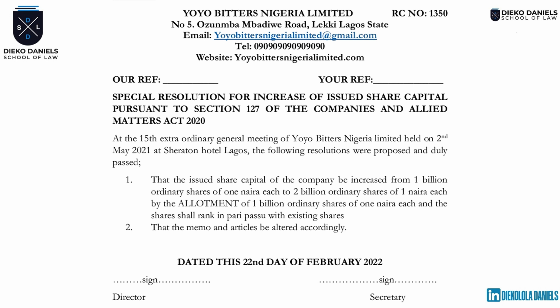Inside the increase, what are the things? You are increasing it from that the issued share capital of the company be increased from 1 billion ordinary shares at 1 naira each to 2 billion ordinary shares at 1 naira each by allotment of 1 billion ordinary shares of 1 naira each, which will rank in pari passu with the existing shares. I don't think that's hard. Right? I think you just have to write down this draft and you cram it, which shall rank in pari passu, right? Just write it down and memorize it.